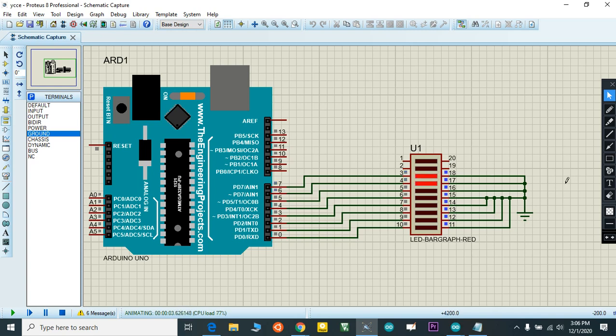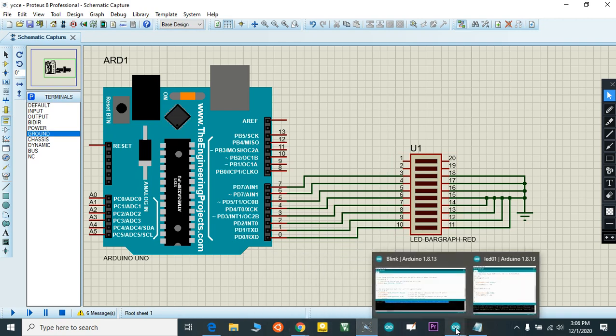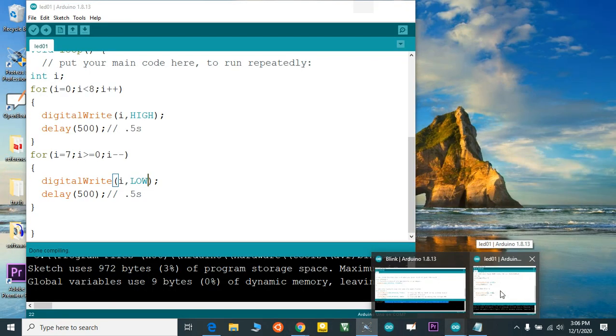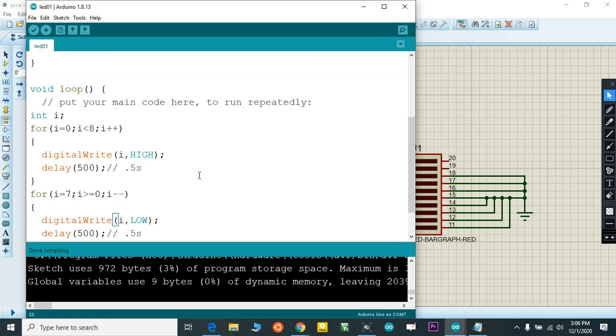It's only showing 7 and 10. I don't know why. Our code is working. I think this board has some problem. Done, compiled successfully. I equal to 0, 0 to 8, we are increasing. Yeah, the code is correct.